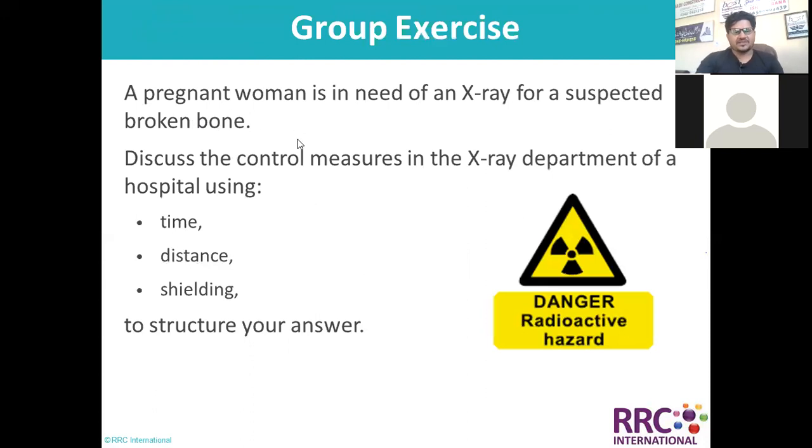Now we have a group exercise. A pregnant woman is in need of an X-ray for a suspected broken bone. Discuss the control measures in the X-ray department of a hospital using time, distance, and shielding to structure your answer. Because a pregnant woman means already a sensitive person is there. So in that sense, how are you going to control, especially in the X-ray department, by using time, distance, and